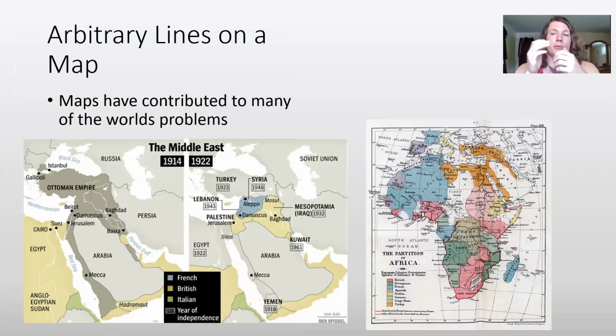You're sometimes forcing people groups that did not get along to coexist in one nation state, which can cause serious issues, or you divide people groups between separate nation states, which can also create serious issues. So a lot of thought needs to be put into how we create boundaries, what boundaries mean. When they're just carelessly drawn with disregard for the facts on the ground, you end up with serious issues.